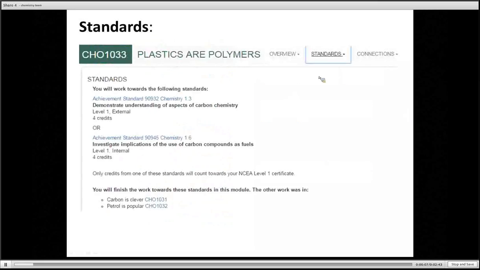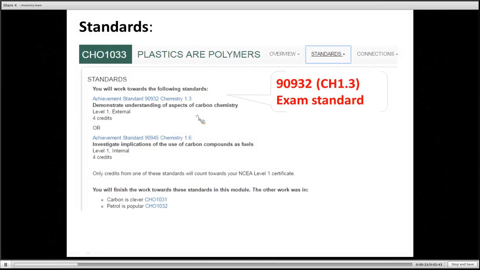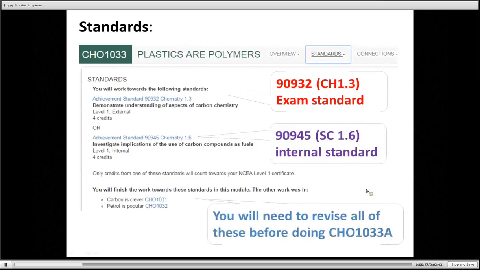Now under the standards tab you'll see that you're working towards the 2 standards again. You may have already completed the carbon internal when you finished the previous module, but this also covers some implications in case you are interested. Otherwise you'll be working towards the exam standard. So there's the other internal. And you need to revise all 3 modules, the 3.1, 3.2 and the 3.3 before doing the teacher marked assignment